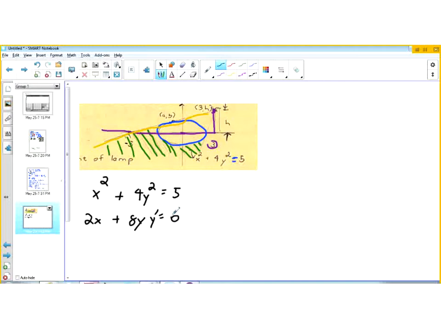So why do we want to take the derivative? What does that help us with? Well, let's just hold on. Let's see here what that can help us with. So we have h is the height of the lamp. Okay, and what else do we have? Okay, so we have this point right here that I've delineated as AB. So the point AB, okay, is a point of tangency